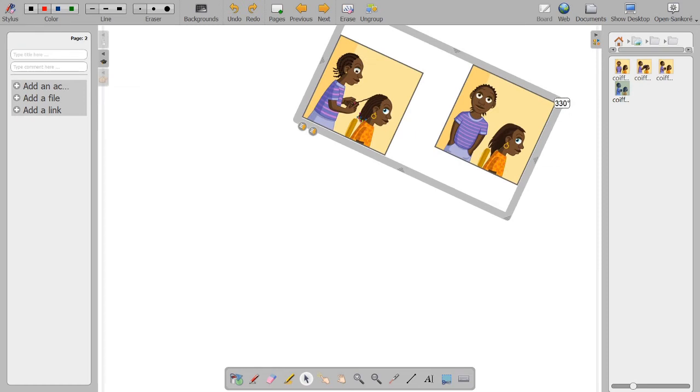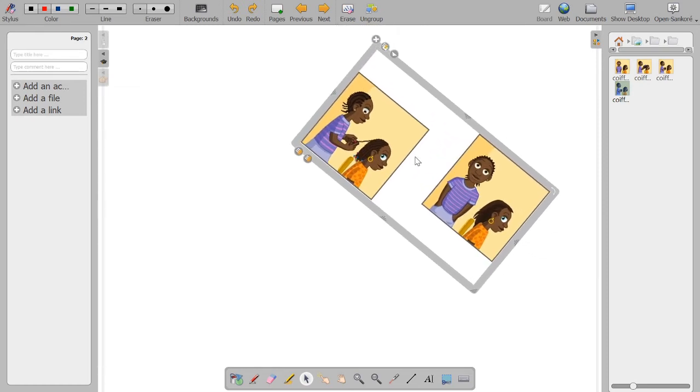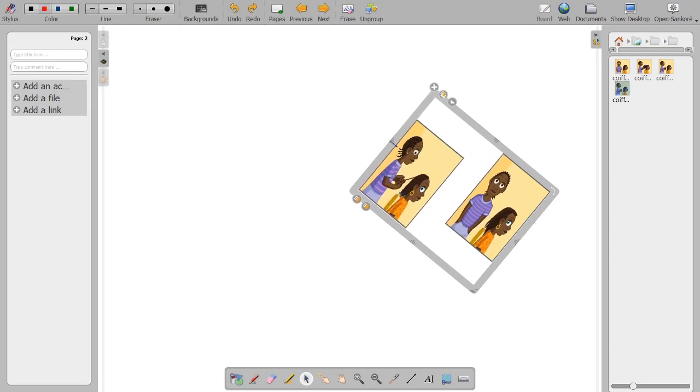See, we can rotate it, and we can also perform a horizontal or vertical axial symmetry for the image by sliding the handle to its opposite side like this.